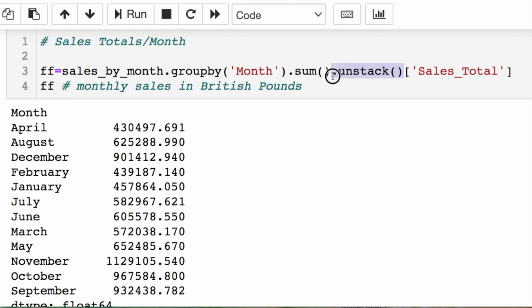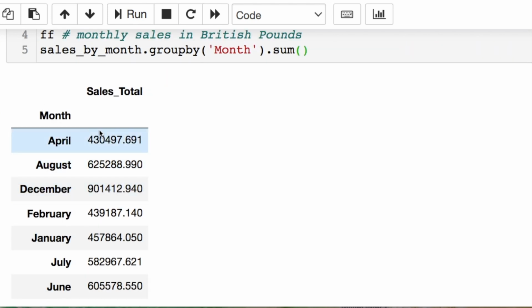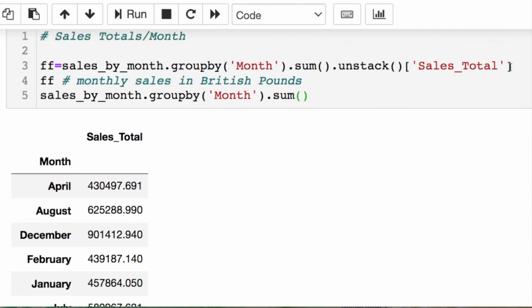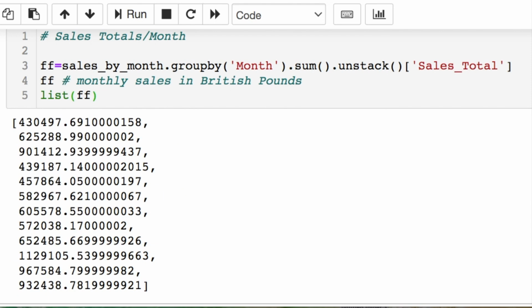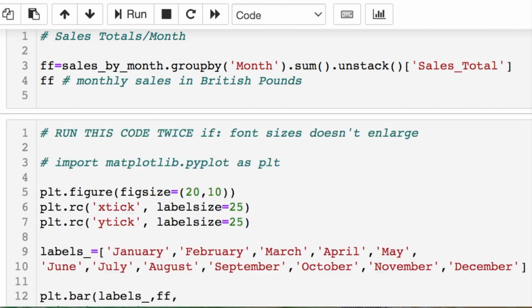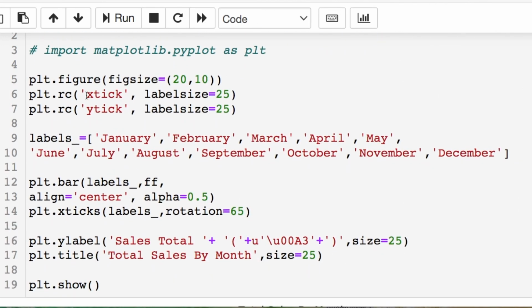And then I had to unstack, because what happens is, let me print this off for you so you know what I'm doing. There. If you see this is a nested table now. You see that this is above this month. So when you call it, you need to actually call this, which is the outer portion of it. So that's a distinction. And if you just wrap this in a list, it gives you just the actual values of what you're looking for. Now we do our actual first plotting.